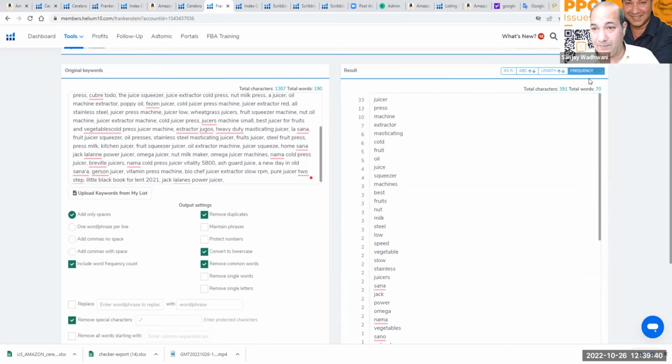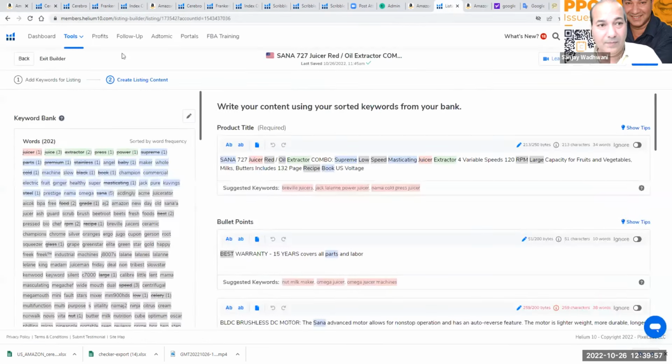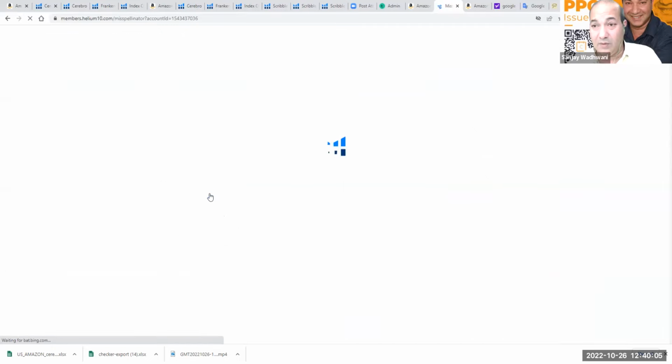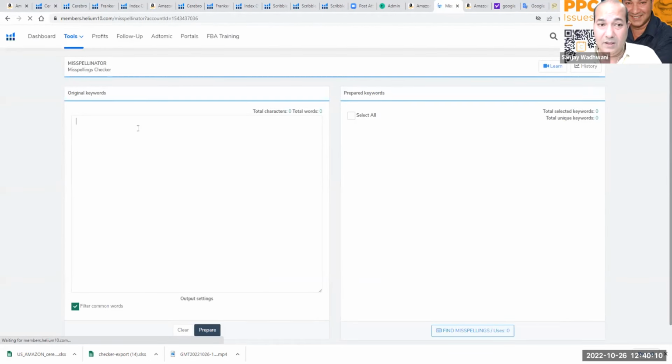In the frequency, it's going to tell me which are my 3 to 5 best keywords. Let's say we are taking these 5, okay? You want to take these 5 and open a misspellinator right here. You want to go after the misspells. Now, this is in your backend search terms, where a customer does not see this information. You select all,